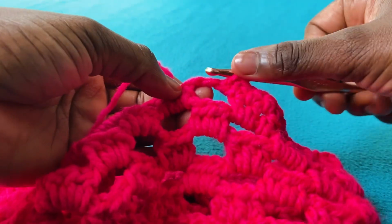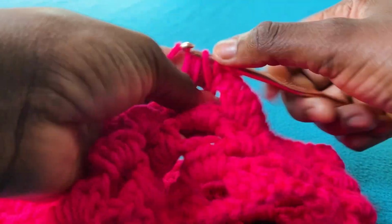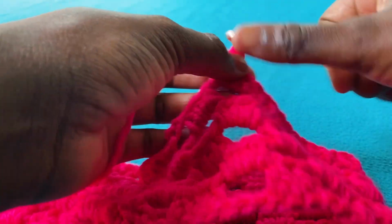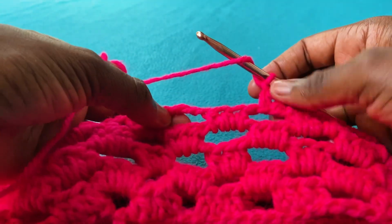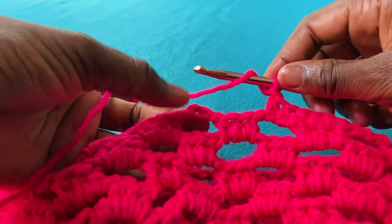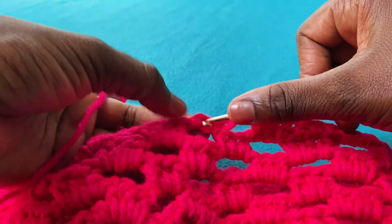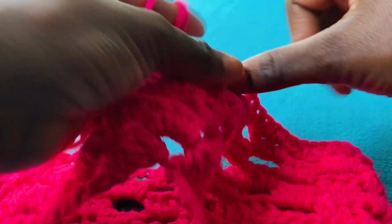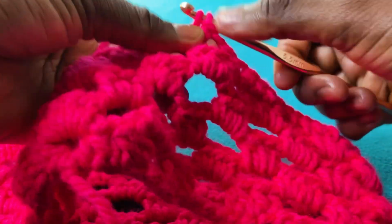So I'm going to yarn over and place a half double crochet in this stitch. After that, I am going to chain one and yarn over. So I come to my next chain, in the second one, 1, 2, and I place there a shell. A shell, I mean 2 half double crochets,